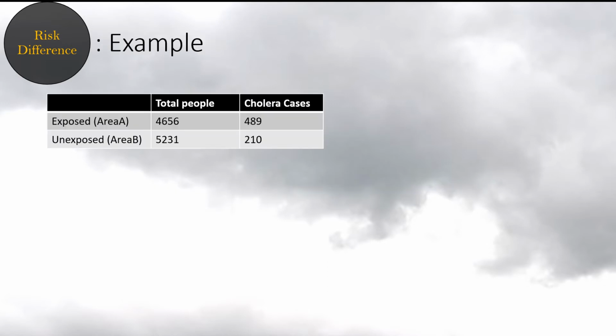So let's give you an example. We've got two areas, Area A and Area B. Area A is exposed to bad drinking water. Area B is not exposed to said bad drinking water. Now you will note that the people who are not exposed to the bad drinking water, they've still got cholera cases. So we're essentially trying to find out what the difference is between the two